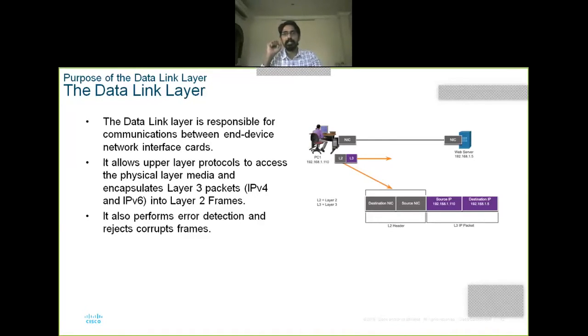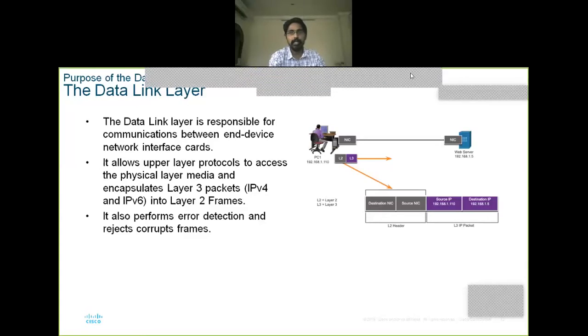And observe that picture. In that picture, at the NIC card, we have L2 and L3. L2 represents layer 2, L3 represents layer 3, right? What is layer 2? Layer 2 is the data link layer. What is layer 3? The network layer. Starting from bottom to top, what is the first layer? Physical layer. And then data link layer, and then network layer. L2 is the data link layer, L3 is the network layer. So observe the figure.